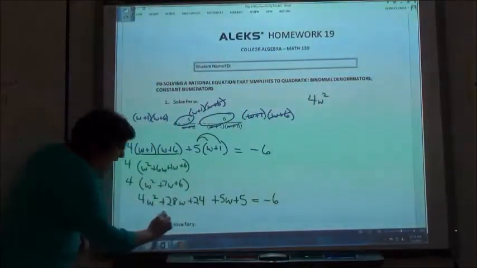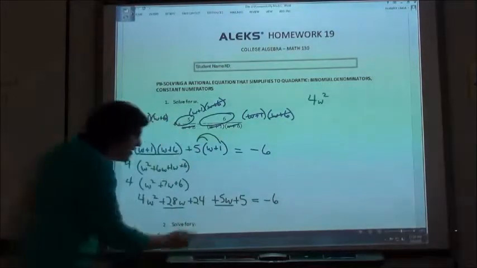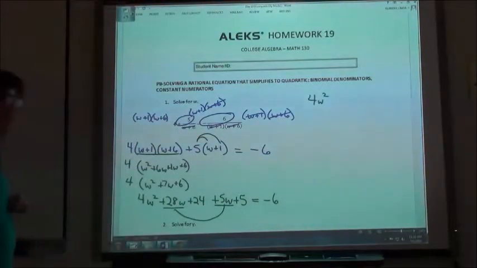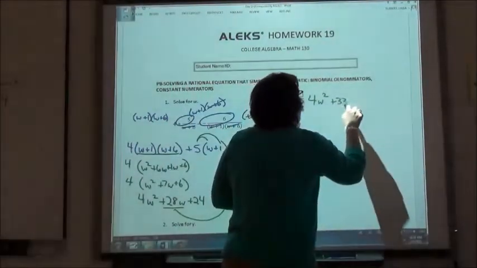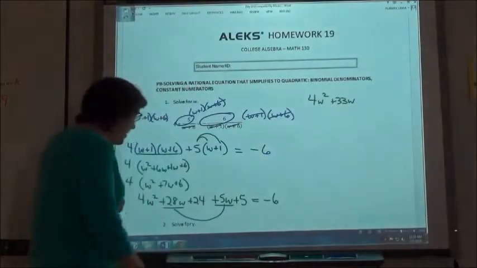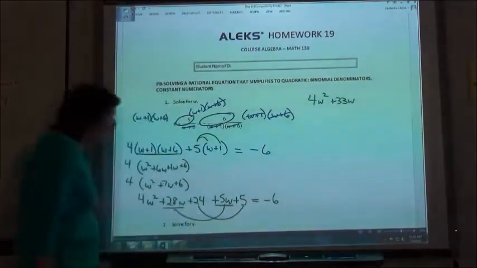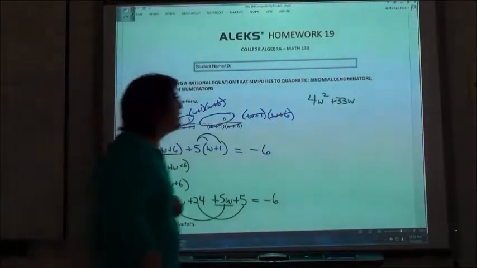I have a 28w plus a 5w. I'm combining those. I'm not moving them. So I'm just adding them together. 28 plus 5 would be 33w. And then I have the 24 plus the 5. Again, I'm just combining those. So plus 29